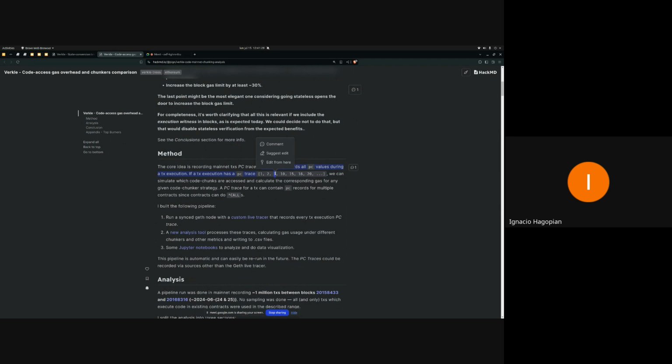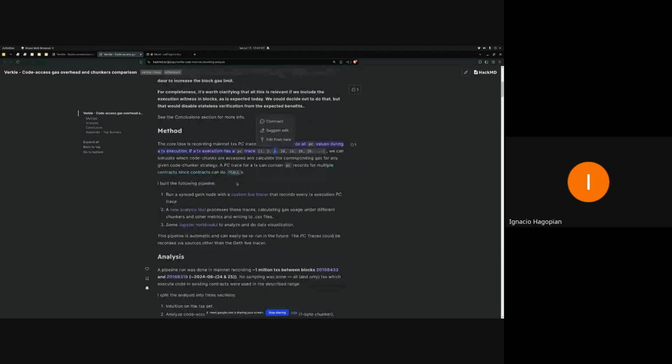So that's the idea of this method, allowing you to compare different code chunkers. And after you have the code chunk number, you can map that to the tree key and calculate the gas costs. So you can see if a particular code chunk access is cold, is warm, has been charged before, or whatever. So you can have an exact calculation of how much gas you will pay for accessing code.